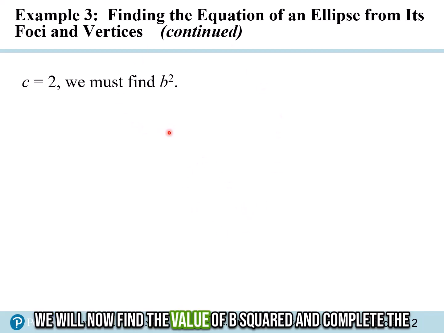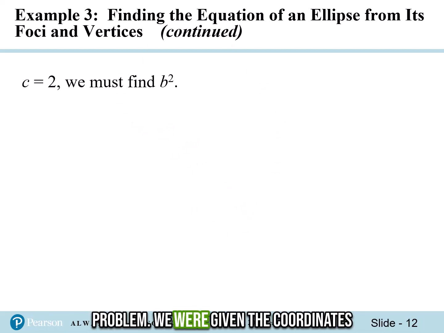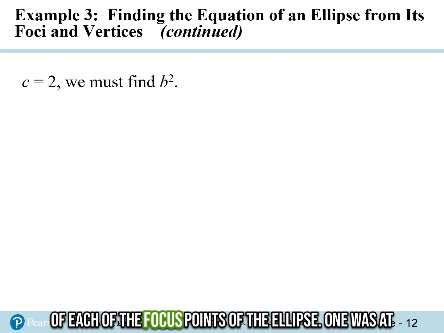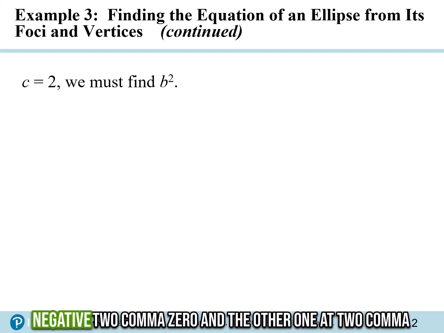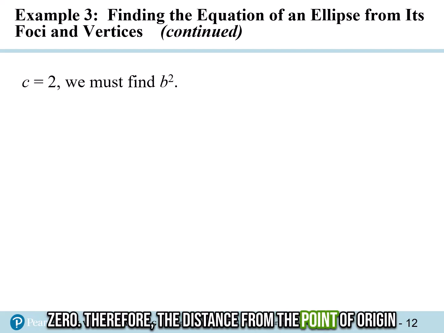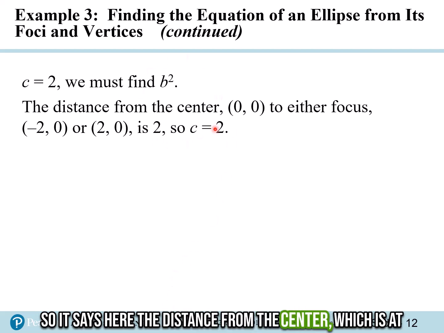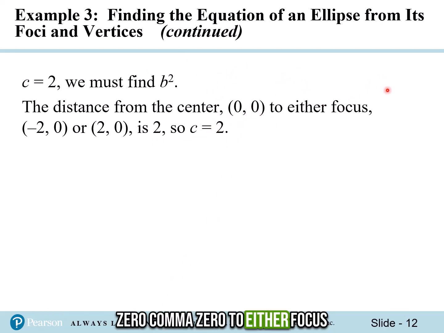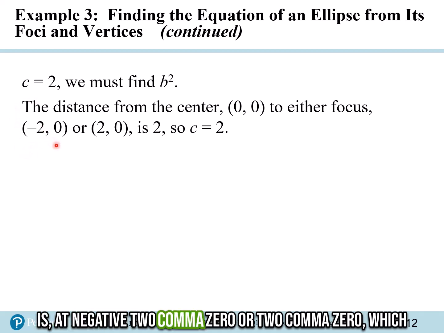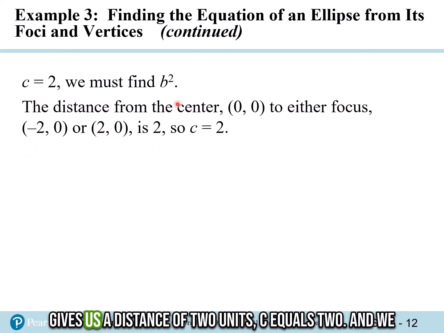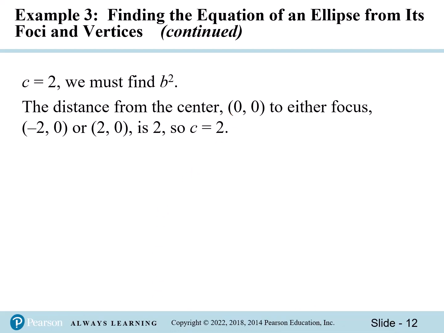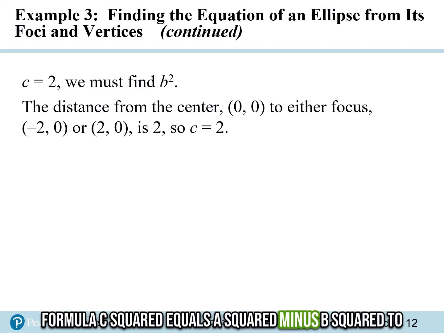We will now find the value of b squared and complete the problem. We were given the coordinates of each of the focus points of the ellipse. One was at -2, 0 and the other one at 2, 0. Therefore, the distance from the point of origin to each of the focus points would be 2 units, correct? So it says here the distance from the center, which is at 0, 0 to either focus is at -2, 0 or 2, 0, which gives us a distance of 2 units, c equals 2, and we have to use the formula c squared equals a squared minus b squared